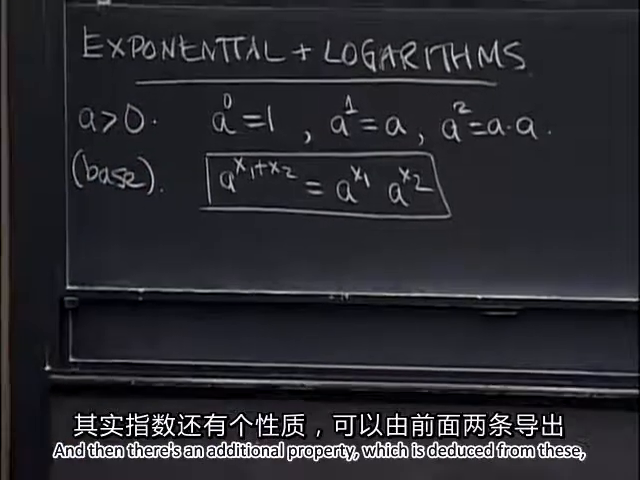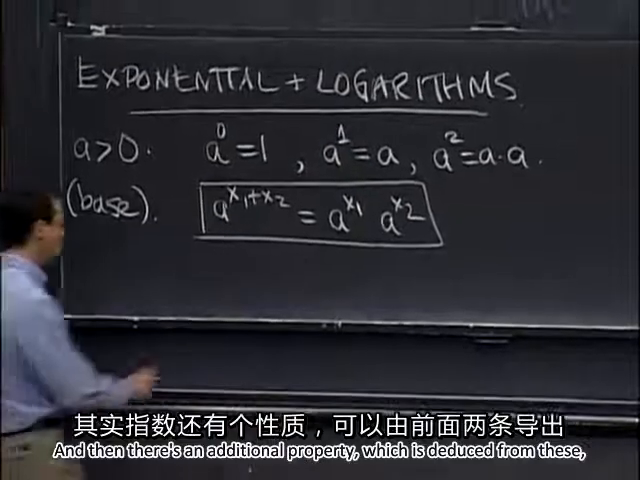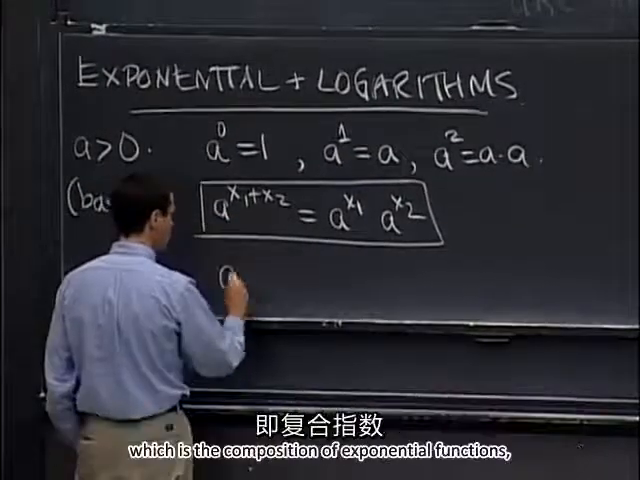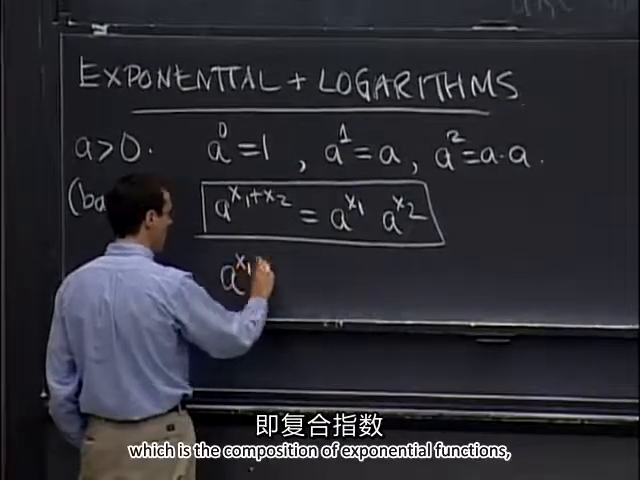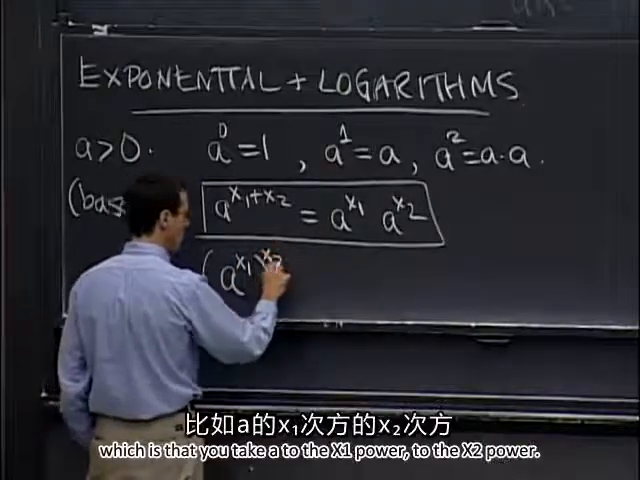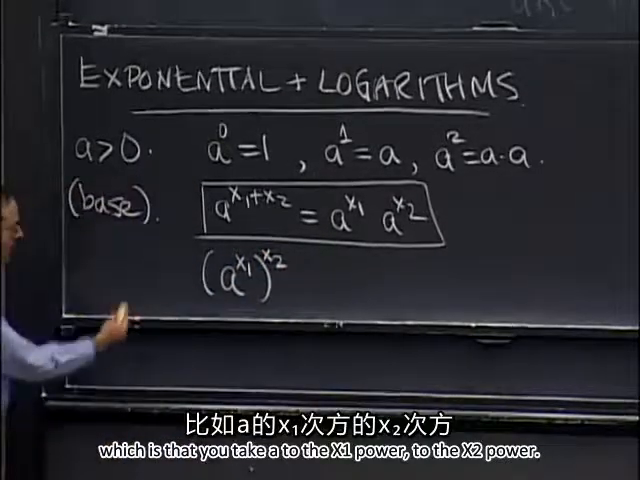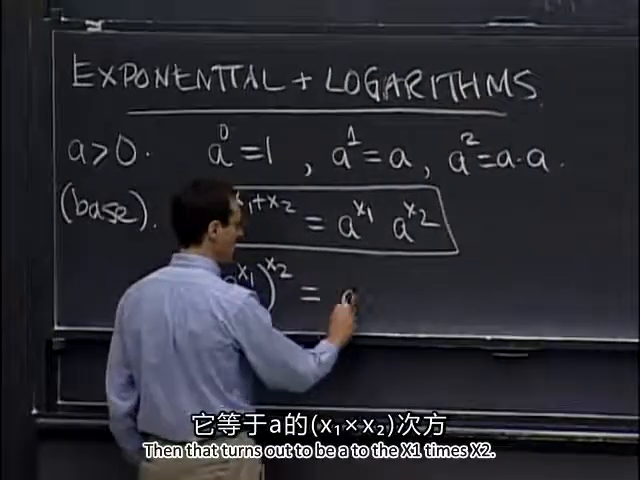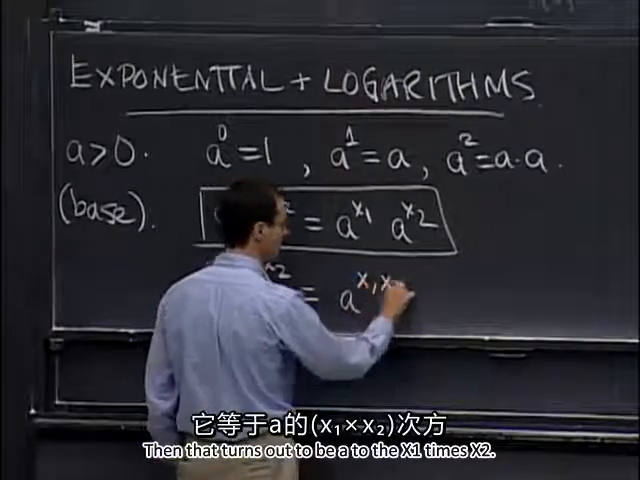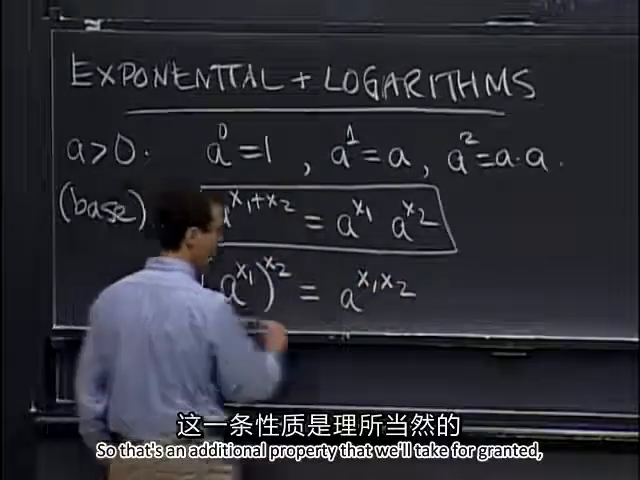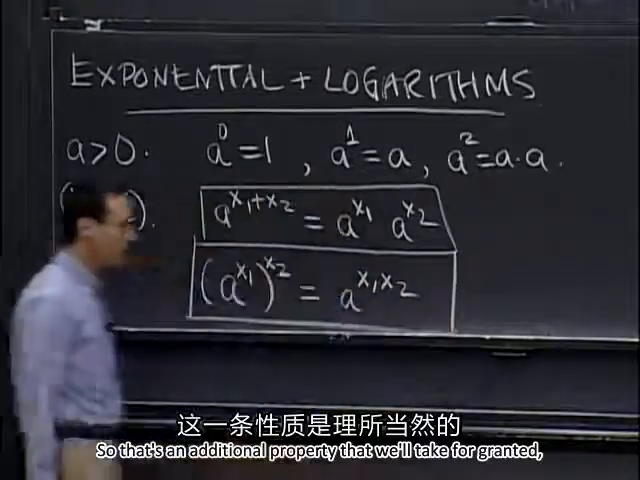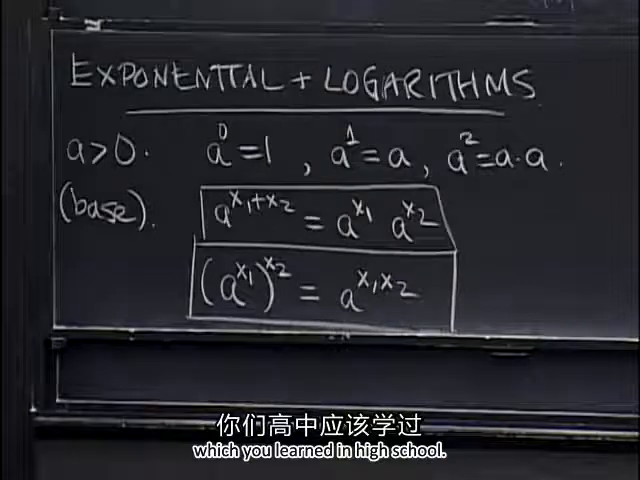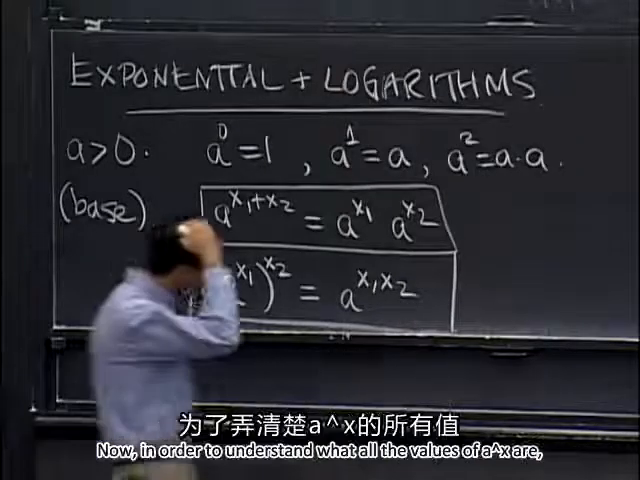And then there's an additional property which is deduced from these, which is the composition of exponential functions, which is that if you take a to the x1 power to the x2 power, then that turns out to be a to the x1 times x2. So that's an additional property that we'll take for granted, which you learned in high school. Now, in order to